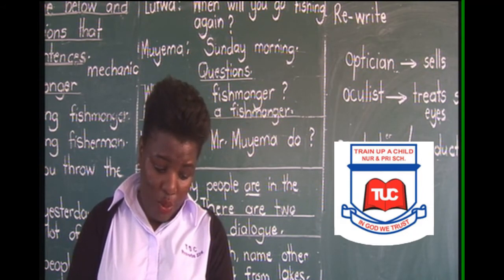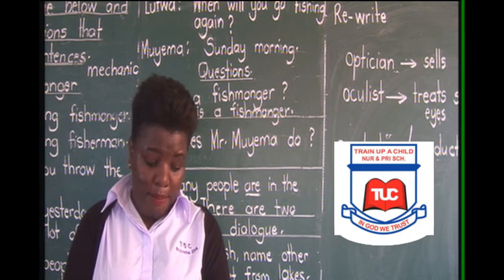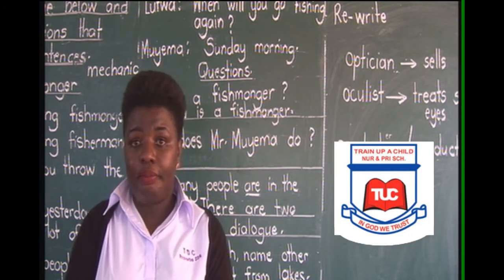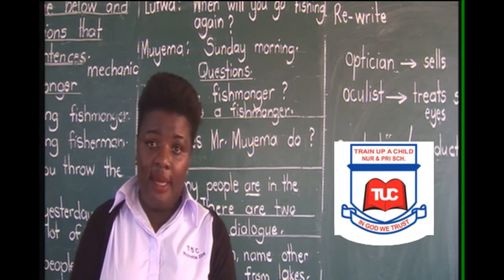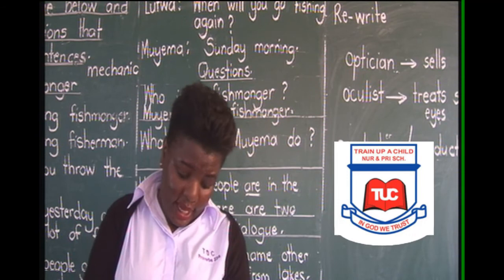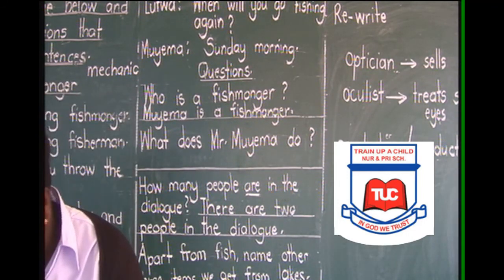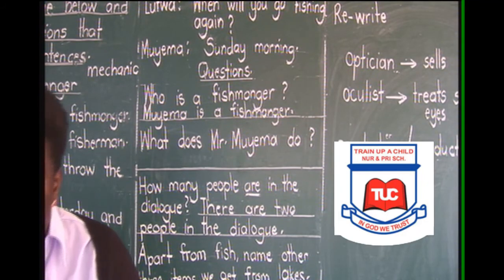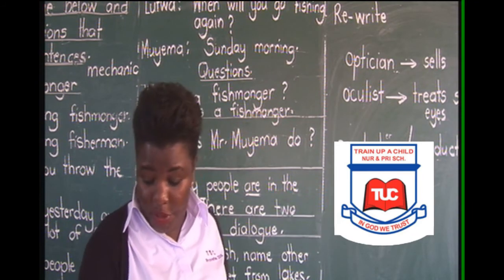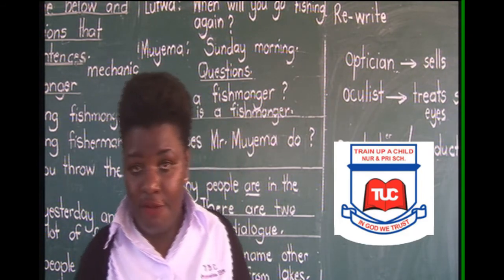A teacher works in, then you tell us where he works. A baker, where do we find the baker? We find a baker in a bakery. So a baker works in a bakery. Those are the sentences that you are going to make. Remember, when you're beginning a sentence, you must begin it with a capital letter. Don't forget to punctuate by ending with a full stop.